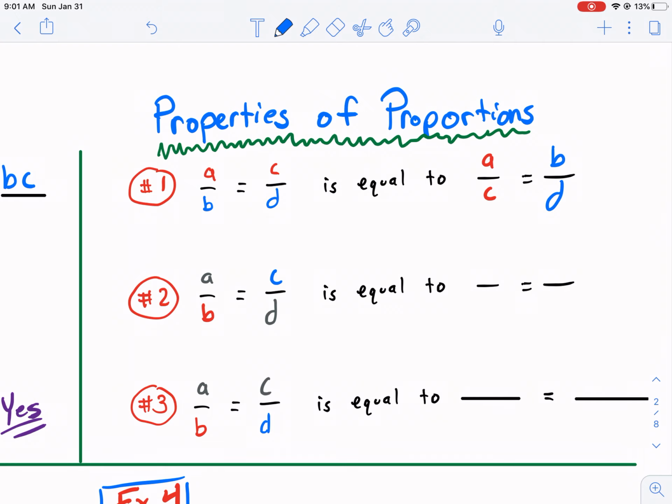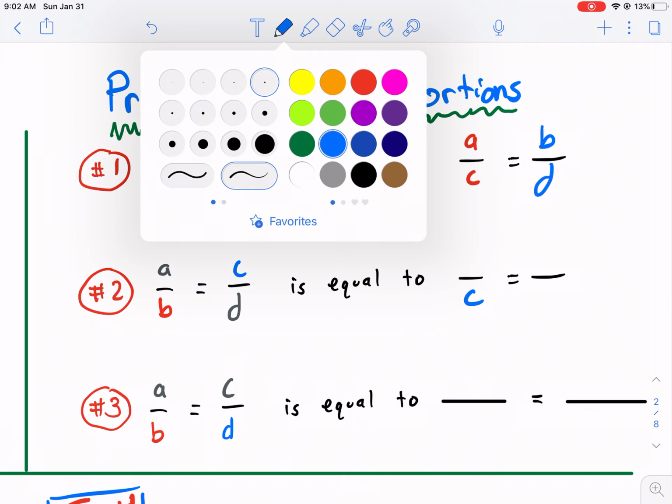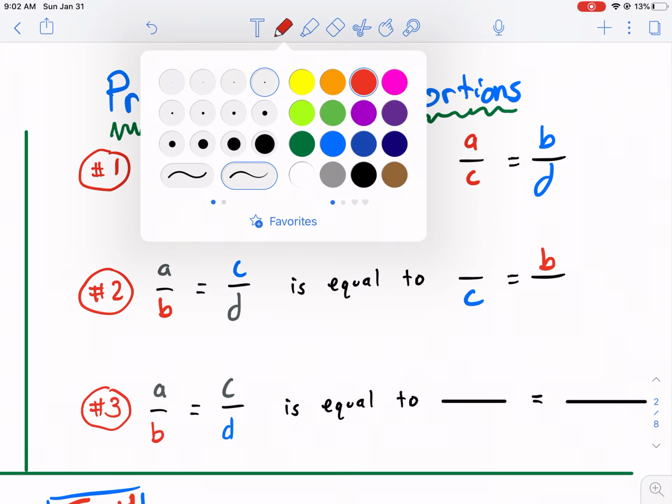Let's come up with another one. So if A over B equals C over D, as it was before, we can switch one of the numerators with one of the denominators. So we can say that, put the C there, put the B there,